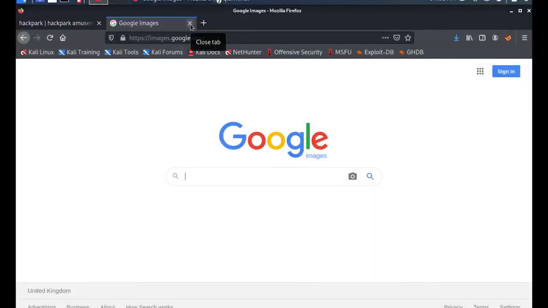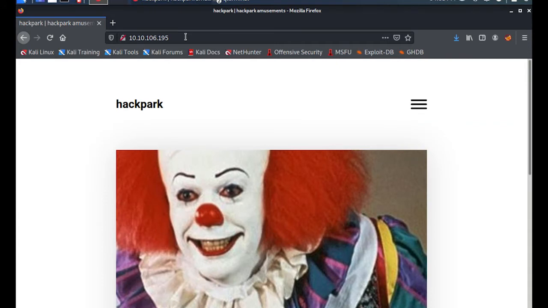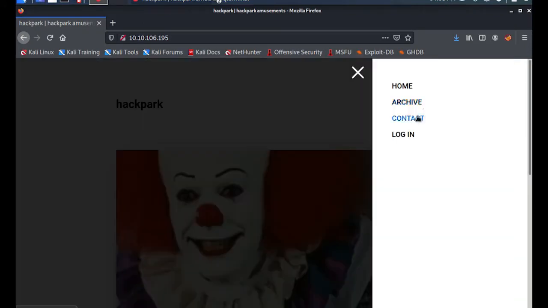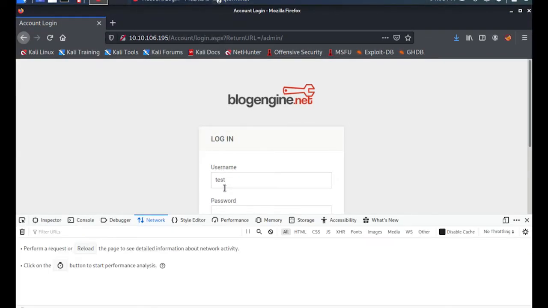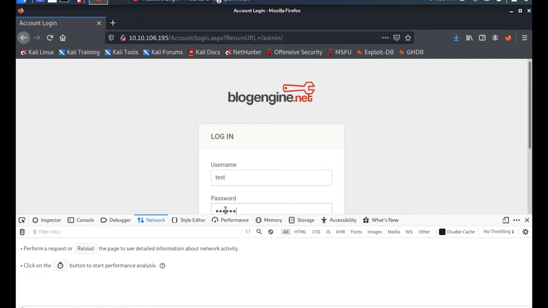So from here, we'll close the window. We'll go back to our initial home page here, and we'll look to attempt to log into the site. So we'll click on the drop down and select the login option. Okay, now just before we log in here, one of the questions does ask us what type of request is being used on the login form. So, I need you to press F12 to bring up the network console down at the bottom. Now you can put any username you like, that doesn't matter. You can also use any password, but I would recommend that you don't use password. This isn't for a security thing, it's to make it easier when creating the Hydra syntax, but I will explain that. So put any password in there you like, hit return,